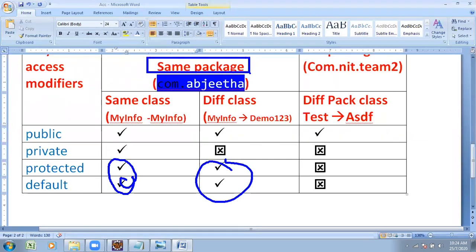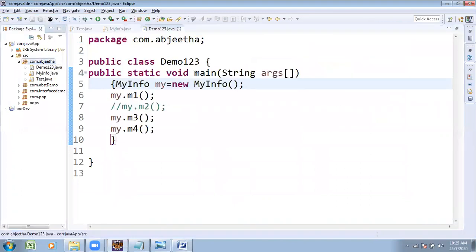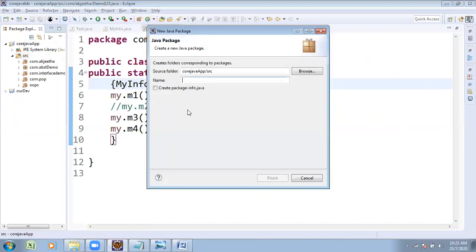Similarly, I want to concentrate on a different package. Till now, we both worked with the same package. com.abhijit is a package, and within the package only we worked. But now I want to go outside the package. One more package I am going to create. Abhijit declares, and Sai wants to utilize. Previously, Abhijit and his friend were in the same package. But now Abhijit is in one package and Sai is in one more package. Which is accessible and which is not accessible, we want to consider.